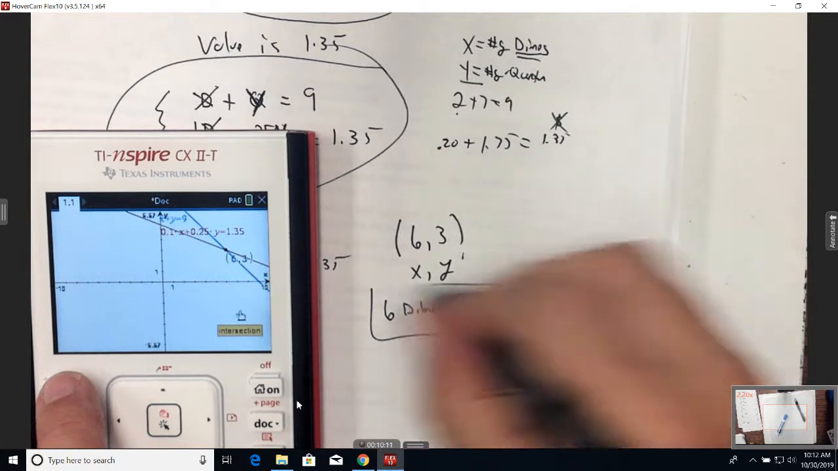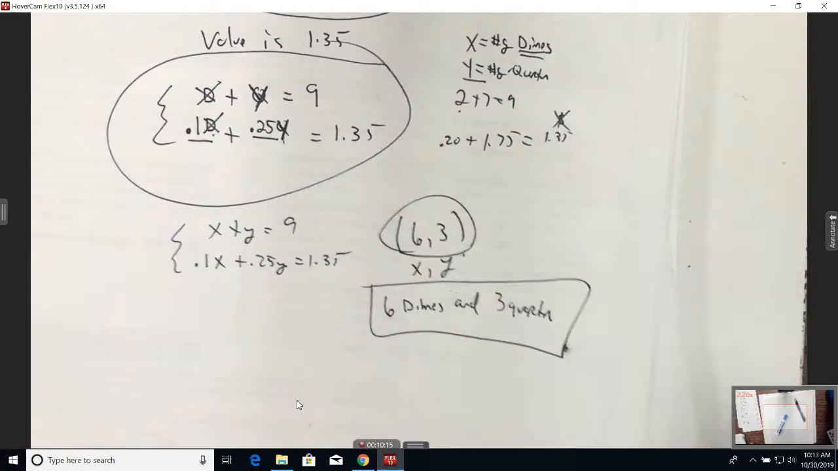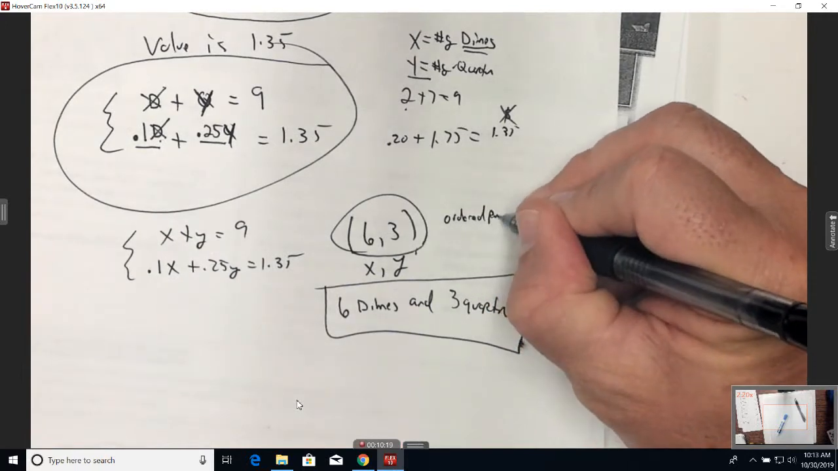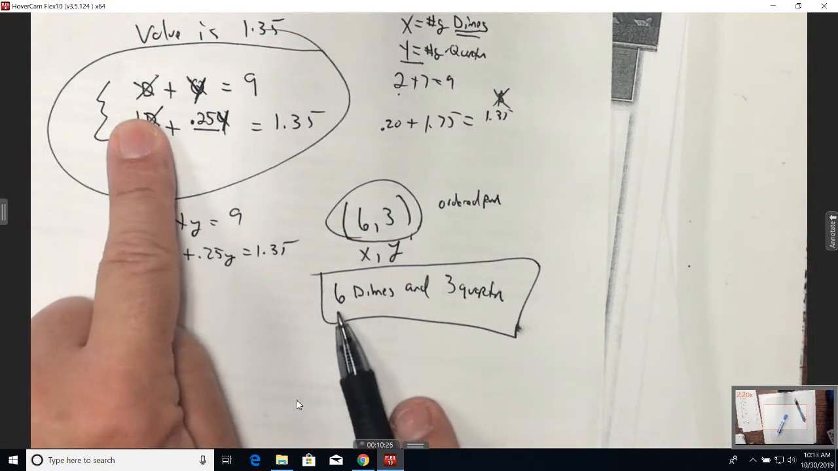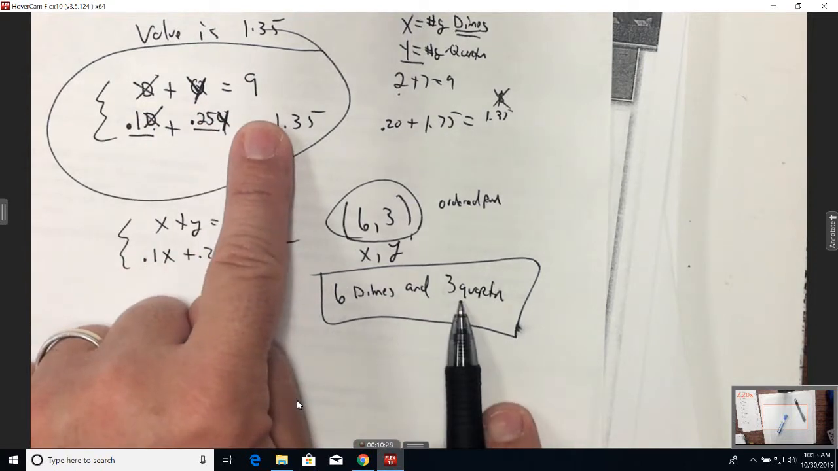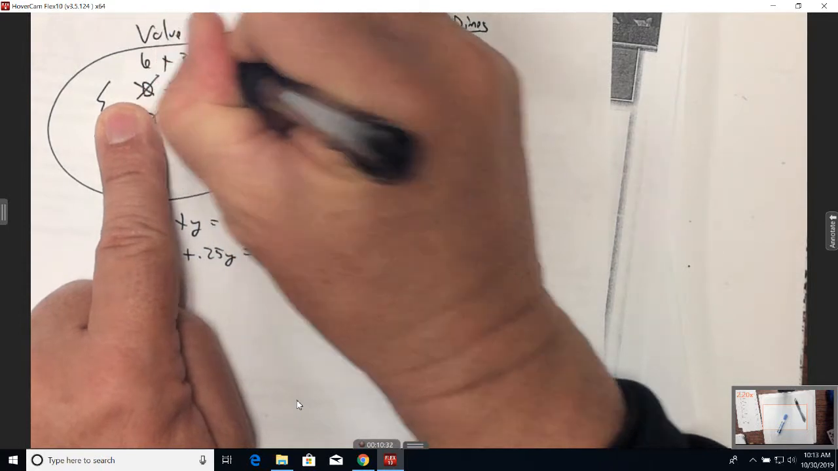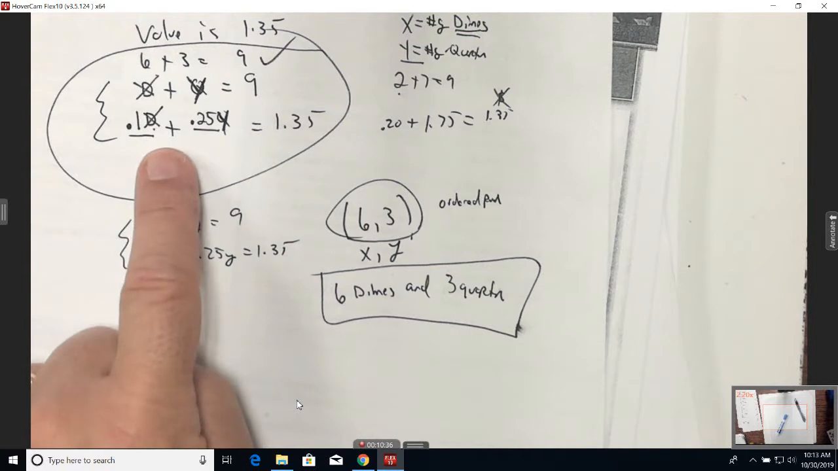So when I answer my question, if it's relating to something in the real world, I do not leave it as an ordered pair. This is called an ordered pair. I don't leave it that way. I write it how it means in the problem. Does that work out? What's 6 plus 3? 6 dimes plus 3 quarters is 9 total coins, like it's supposed to be, so it makes the first equation